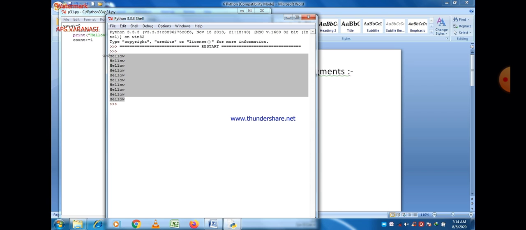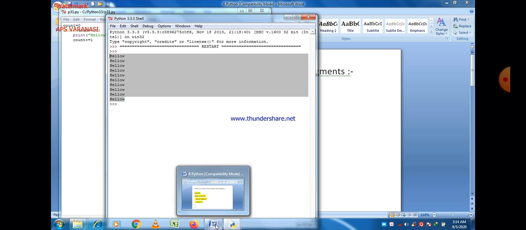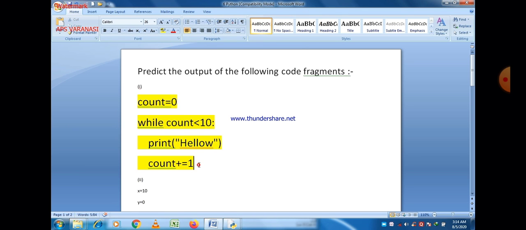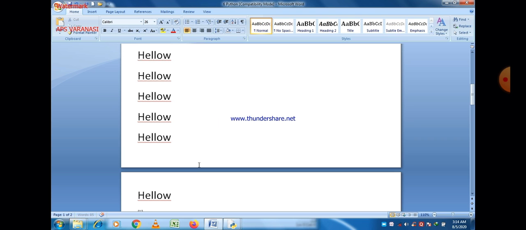You can easily count. This program will be executed 10 times and hello will be printed 10 times, because the print statement is there, which prints hello within the body of the while loop, and there is also an increment statement which increases count by 1 every time.